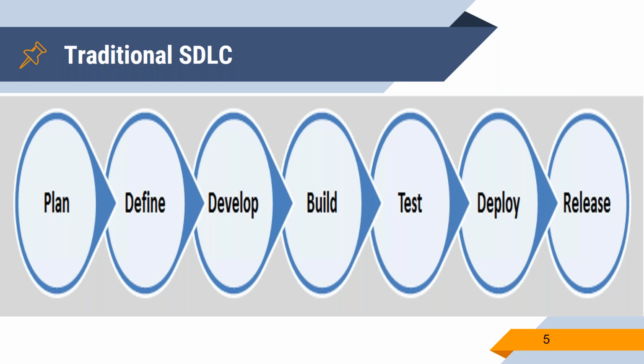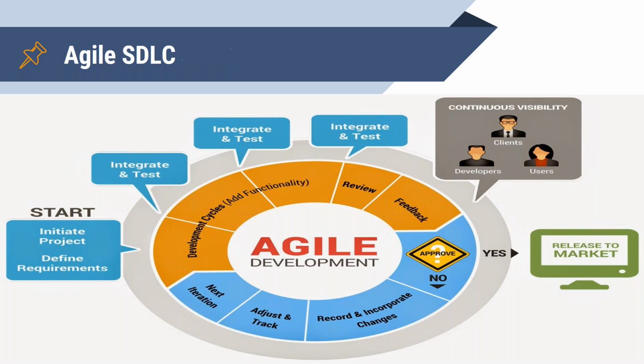Once the design is over and they develop the product, they will go for the build. During that build, we will get a lot of bugs and integration issues. Once all the issues are sorted out, it will move to the testing phase, where they will do all the functionality testing. Then they will deploy the application at the customer end. The customer will do multiple rounds of testing like user acceptance testing, member acceptance testing, and performance testing. After that only it will go to the actual production environment.